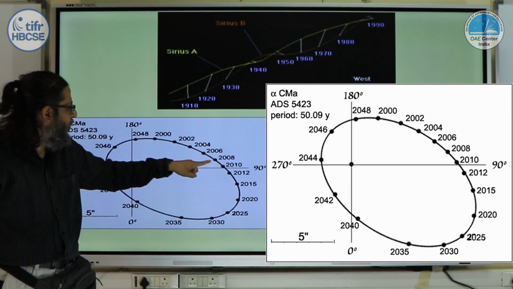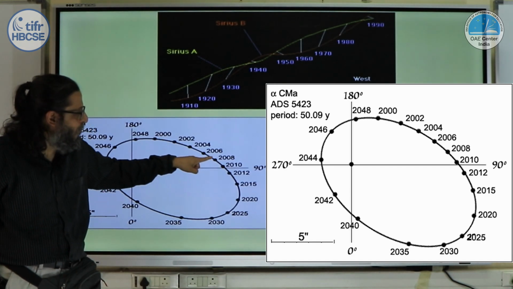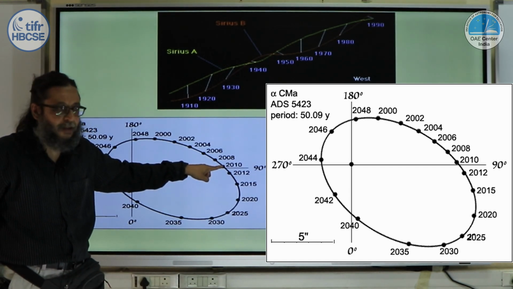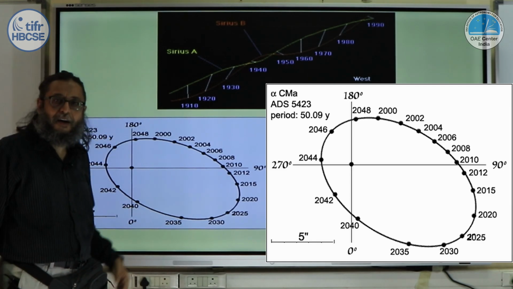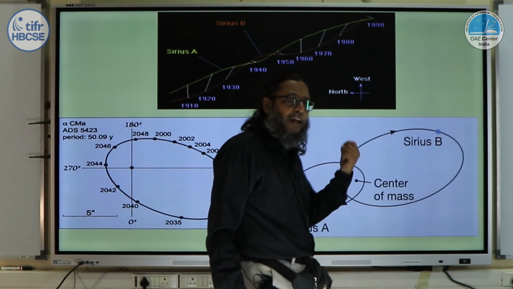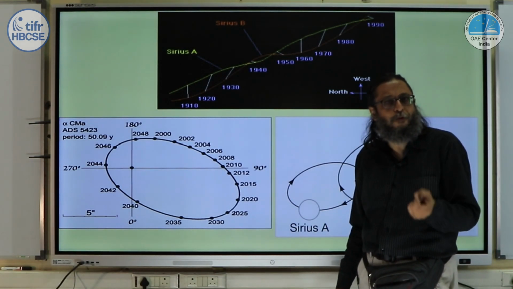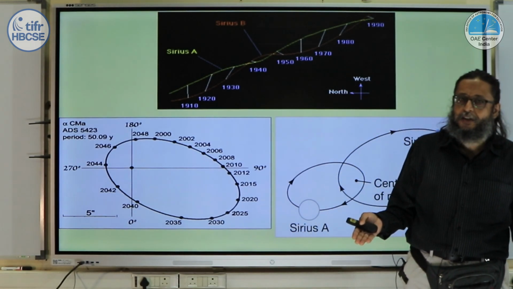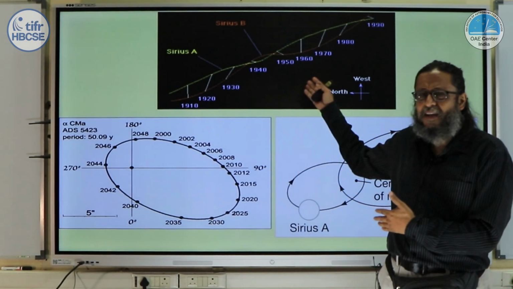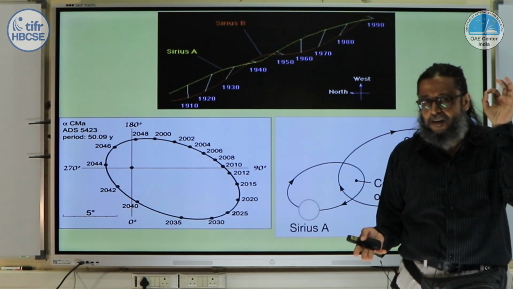So these points were actually measured points, and these points are predicted points. And given the efficacy of Newtonian dynamics, which has been proved to be correct, of course, with the correction of general relativity,